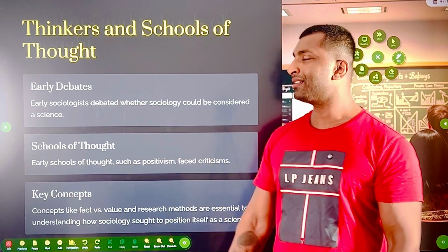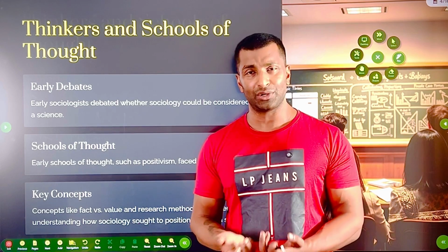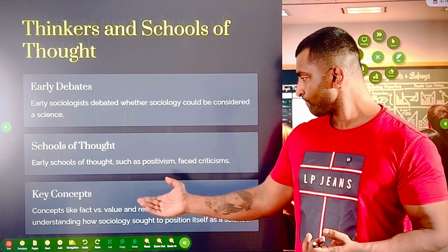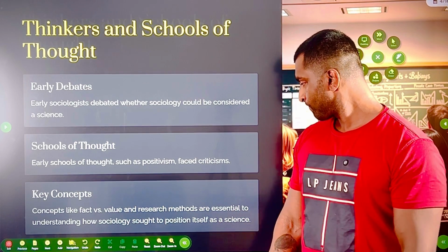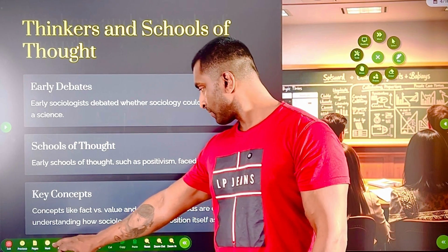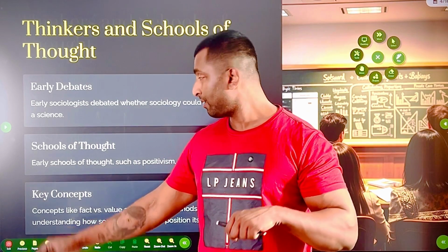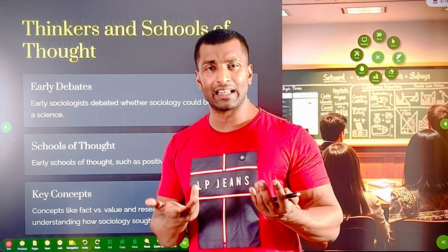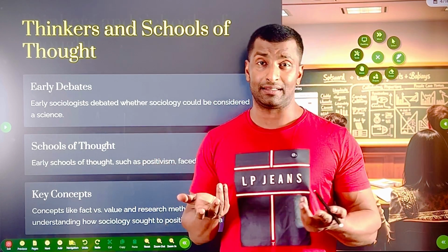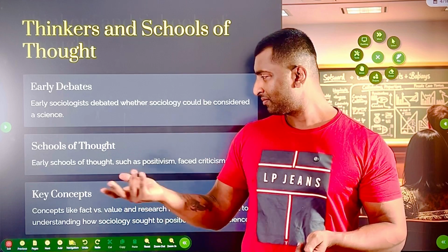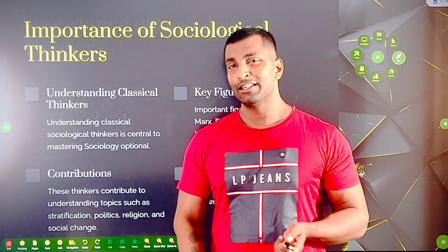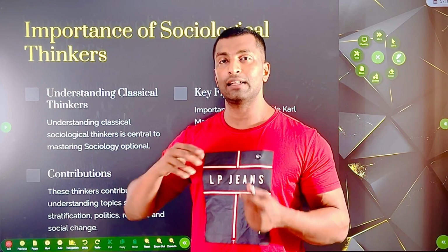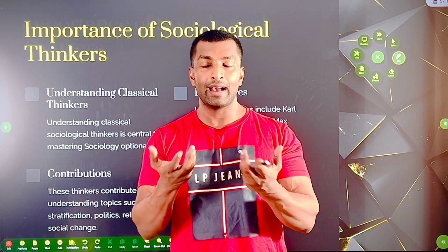Yeah, this is what I have mentioned. There were debates whether sociology could be considered a science or not. Ultimately, I have told you the answer already. So initially, sociologists, when they brought this new discipline, they wanted to make it a science, similar to natural science. Auguste Comte, Saint-Simon, etc. They even dreamt of social physics. Okay, but later they realized that you're dealing with human beings, so sociology cannot be a science like physics, right? But it's a science in itself